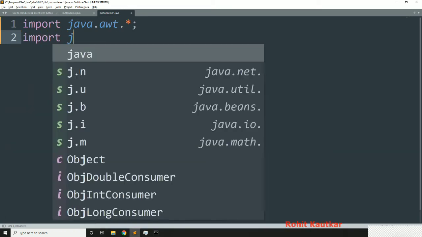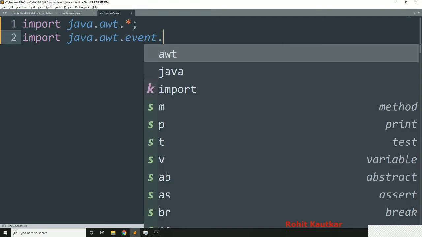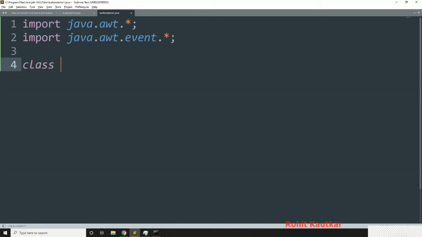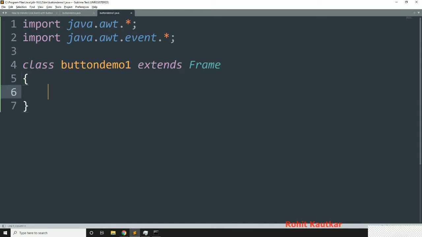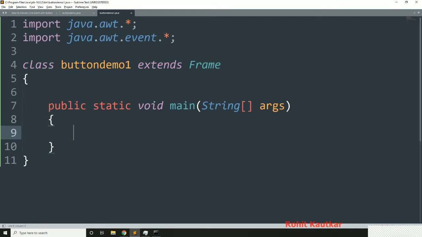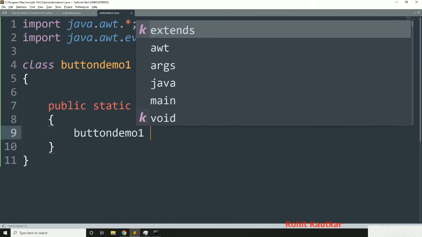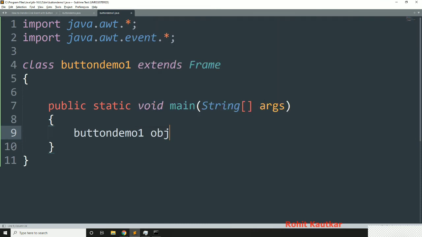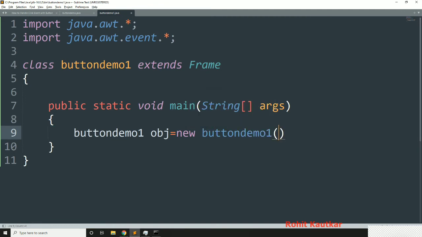like this. Okay, now I will create class ButtonDemo1, which will extend the Frame class. Now as usual I will create the main method. Within this I will create an object of this ButtonDemo class like this.